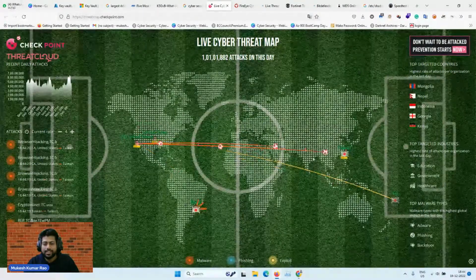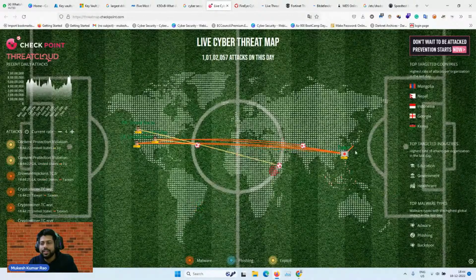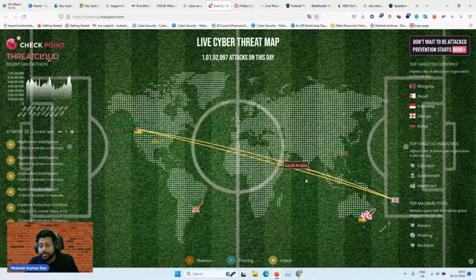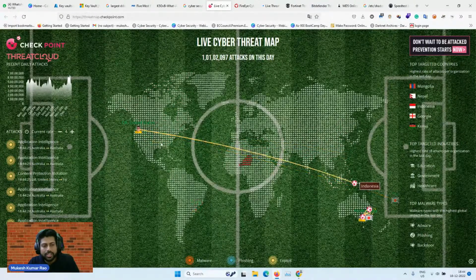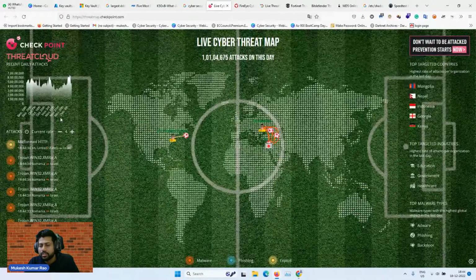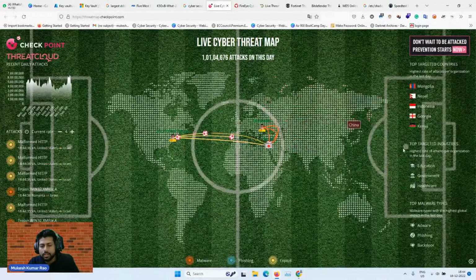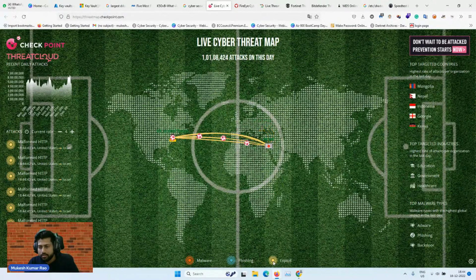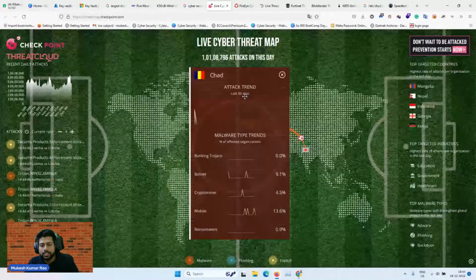There you can see from which country to which country the attack is happening, and this is real data, because Checkpoint is a cloud and security solution company. They are collecting the information from their client services. You can see it's a malware, phishing attack, or exploit.